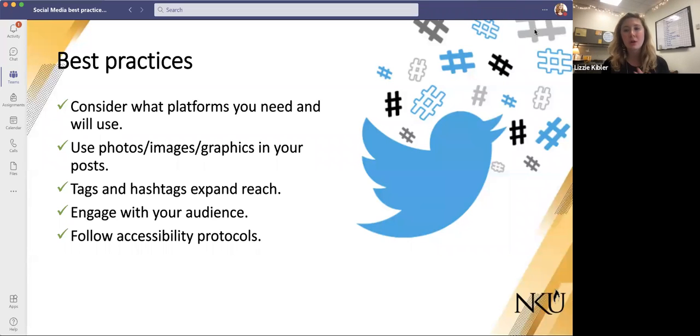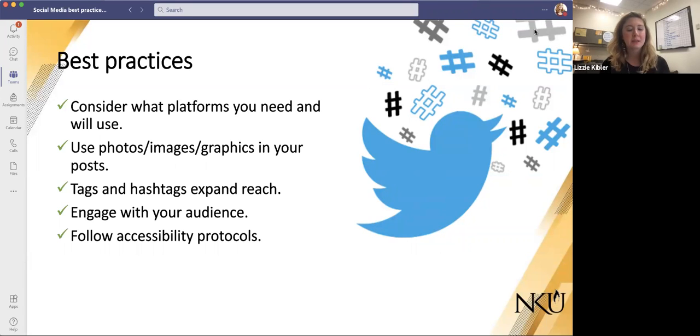Another thing you can use are tags and hashtags to expand your reach. So if you've partnered with someone like St. E, I know that's one of our bigger partners, tagging them in your post if it's relevant to them, and then they'll reshare it. It gets your content out there more. Even just tagging me, NKU, the entity of NKU, and I can help retweet or share just to help you get that reach. And then certain hashtags that people are following.